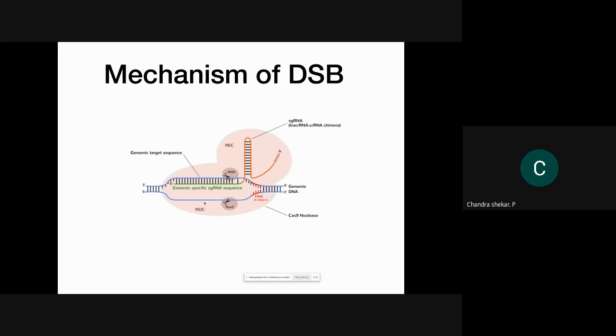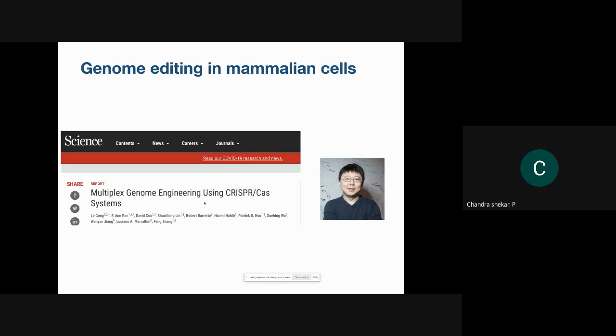They don't do anything else. They don't go and change the locus or anything. They actually create a double strand break. Okay. Now, Jennifer Doudna and Charpentier showed that these things can work very well in the test tubes, and they